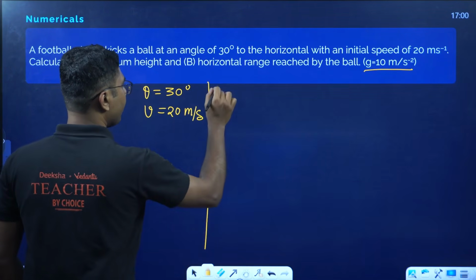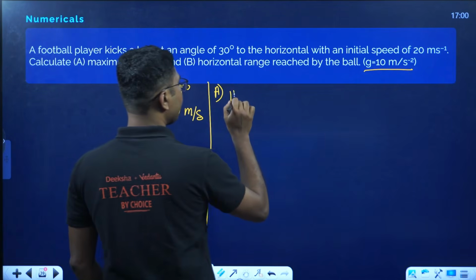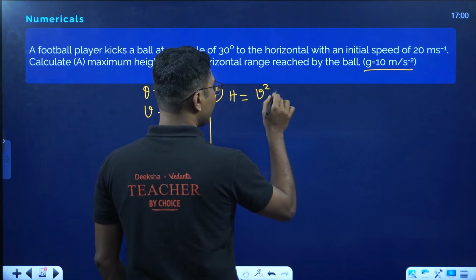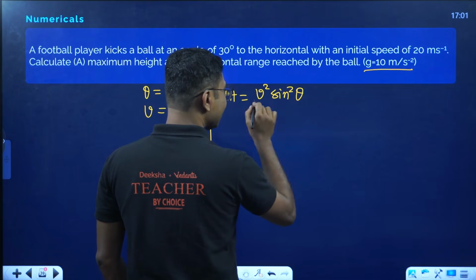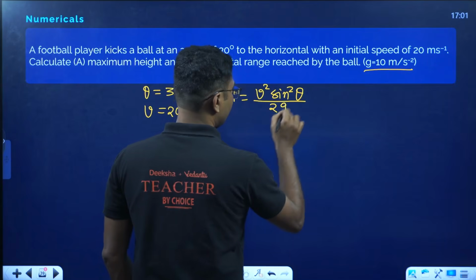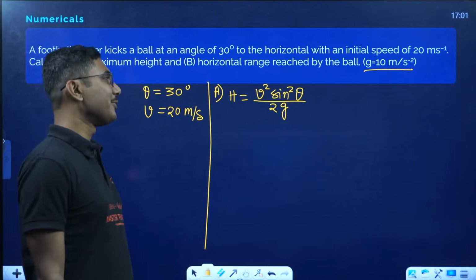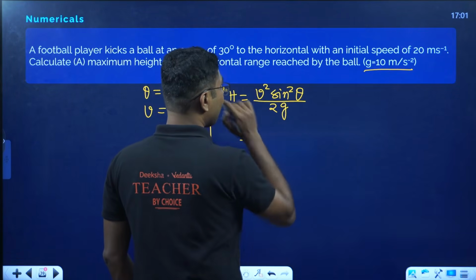First step we need to calculate is the maximum height. So maximum height is what? V sine 2 theta by G? No, V square sine square theta by 2G. Don't confuse between formulas. Do not confuse between formulas. V square will always be there. Now 20 square